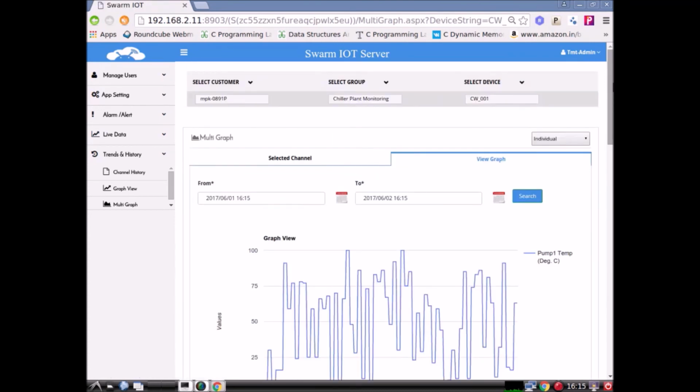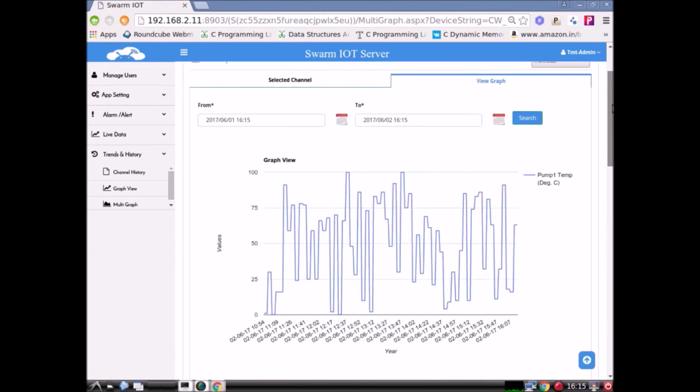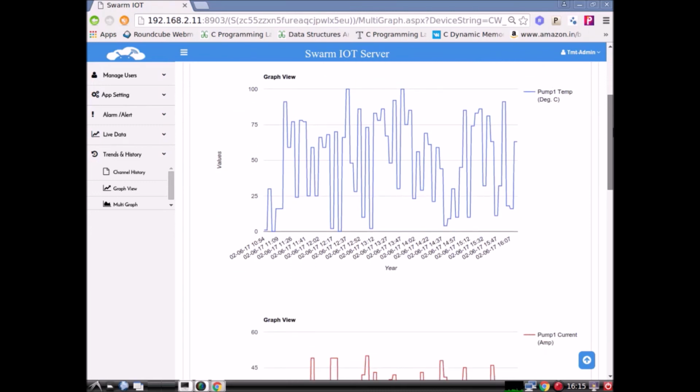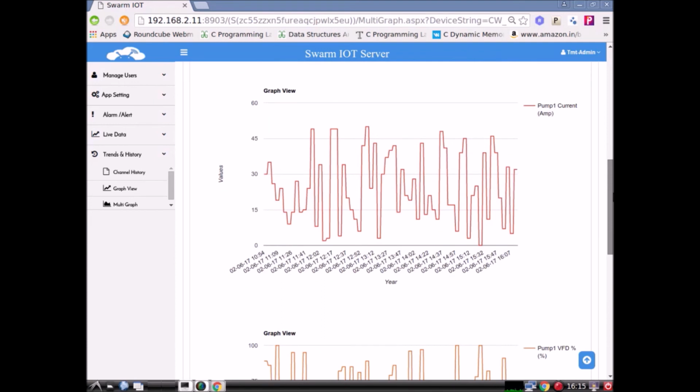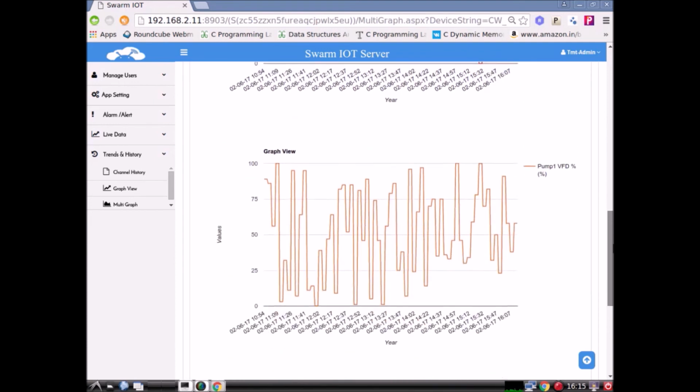After selecting the individual option, the graphs of all the 4 items will get displayed individually as shown in the video.